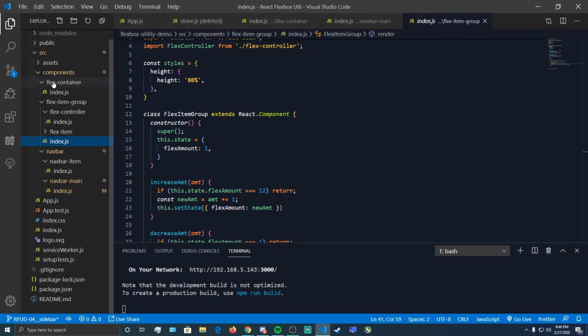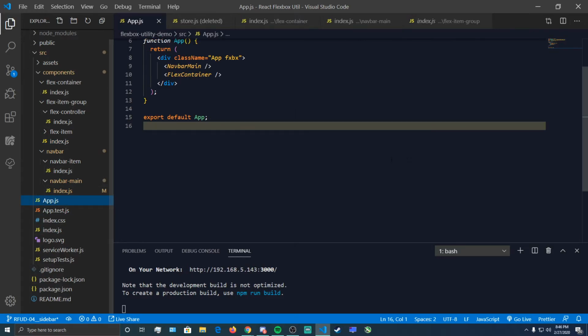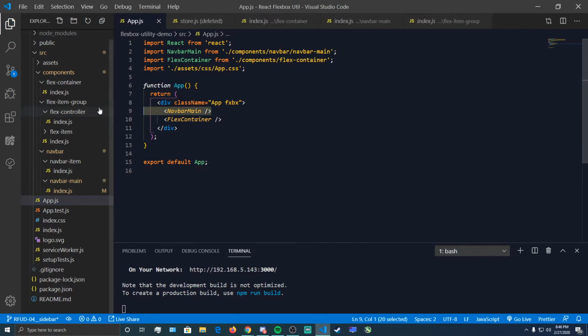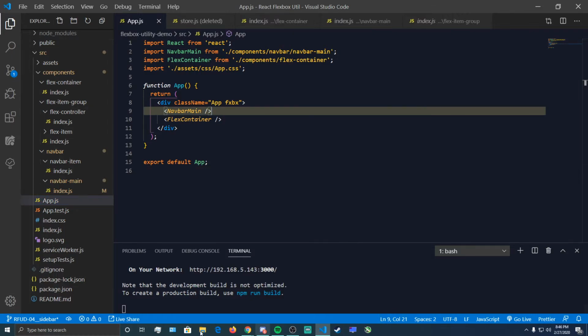What the heck is this now? App bar main. We need to put this navbar in an actual sidebar, so